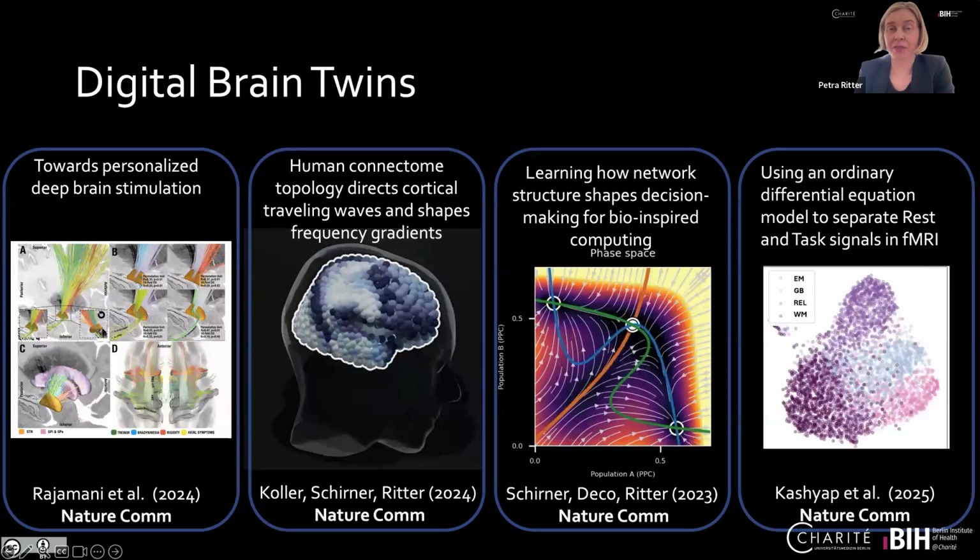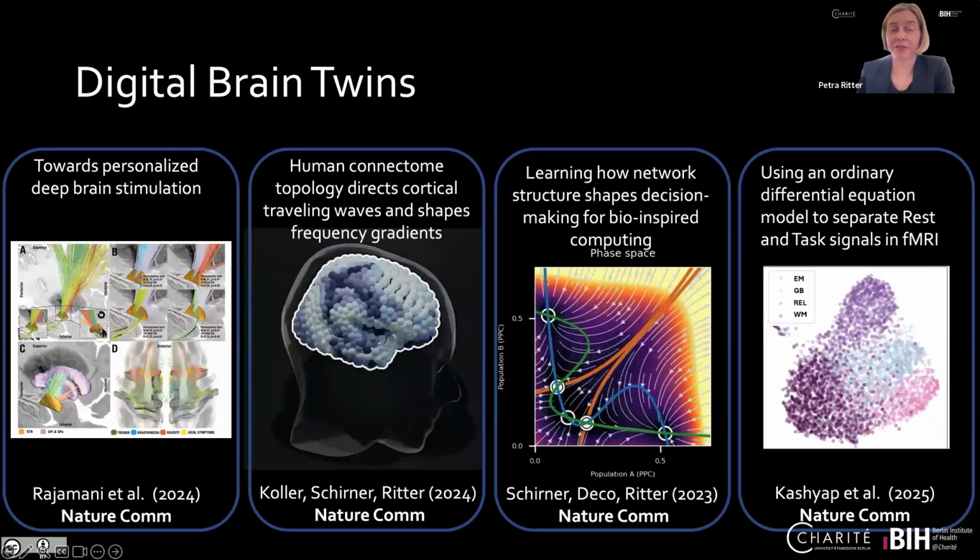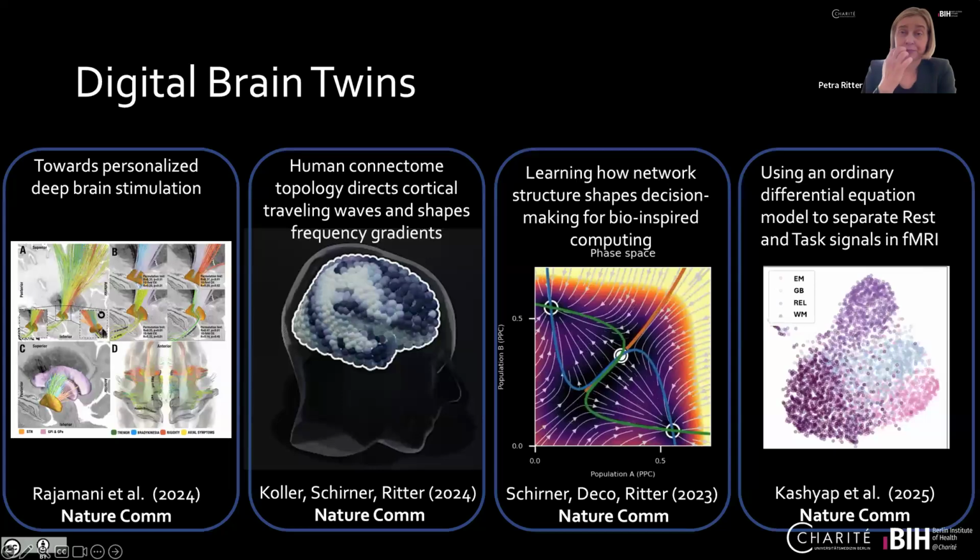And this model that you just have seen has been constructed many years ago. We have by now many different kinds of resolution, depends always on the question that we want to address with our digital brain twins, but we can build now multi-scale models where parts of the brain really have a lot more detail than what you have seen right now. I will show you a couple of examples for this also later on, to be able to capture what is actually of interest for scientific or also clinical question.